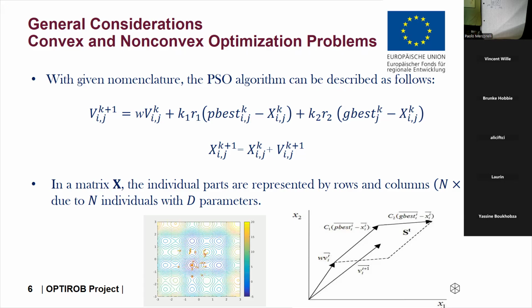Basically, starting from a relatively large W on one side, we will reduce W progressively, because at the beginning we try to emphasize the exploration part. We look everywhere, and this means we increase